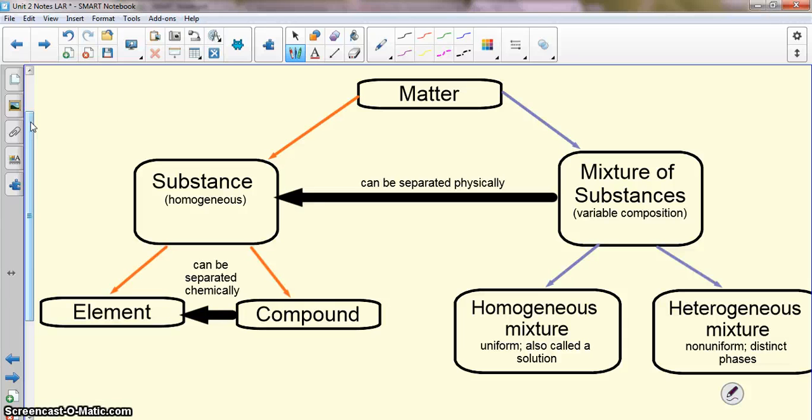So a substance would be homogeneous by description because every part is consistent and uniform. If I would want to break apart a compound, which we said is made of 2 or more types of elements or atoms, I would have to separate that chemically because they are created chemically. If I look at mixtures, we said those can be pulled apart physically because the substances in there maintain